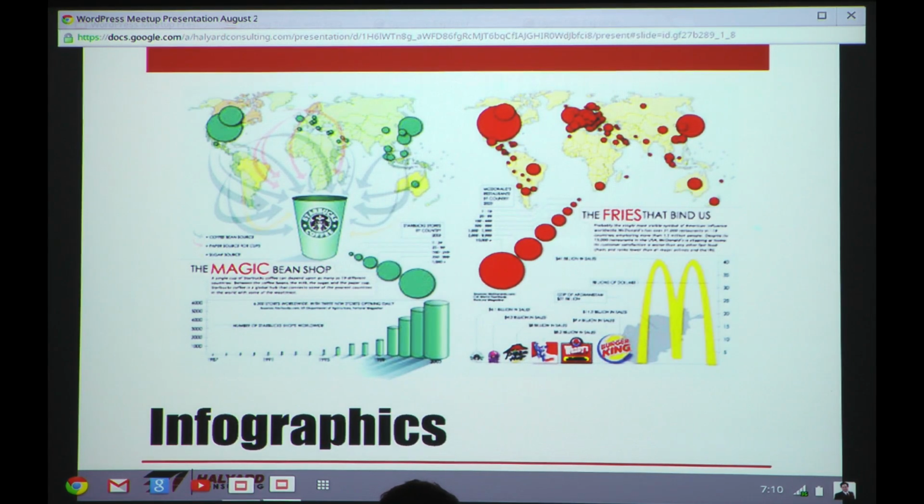Infographics. They display complex data in an easy consumable visual. You can make an infographic available with a backlink so that bloggers can take it from your site. I am not a big fan of infographics. I know a lot of work is being done around infographics. Here's the caveat on why I don't like it.